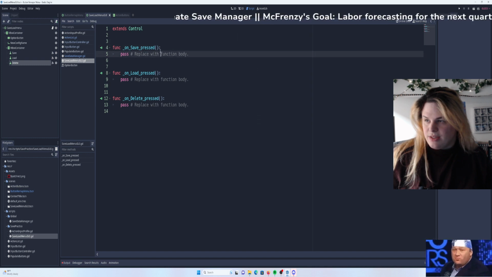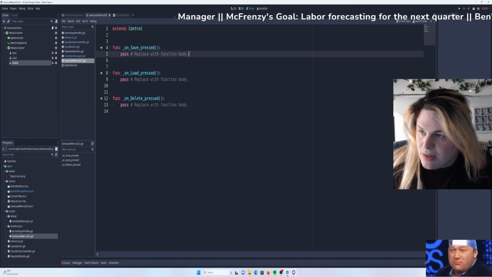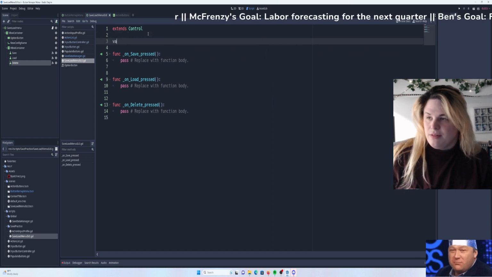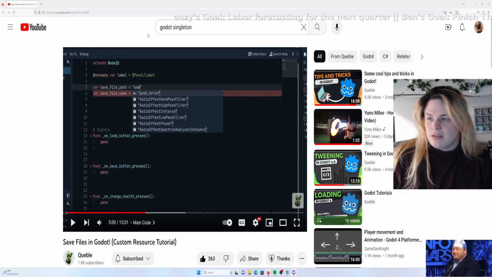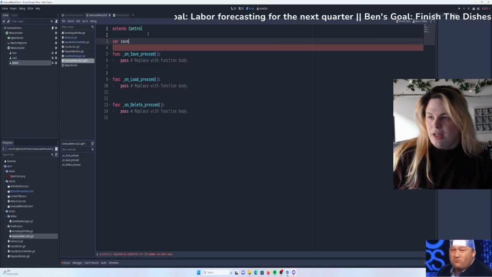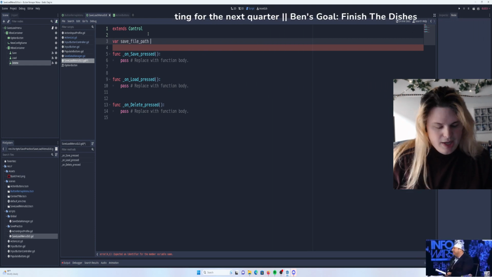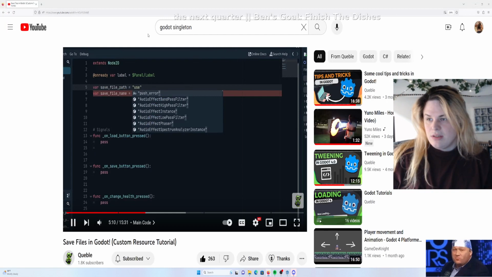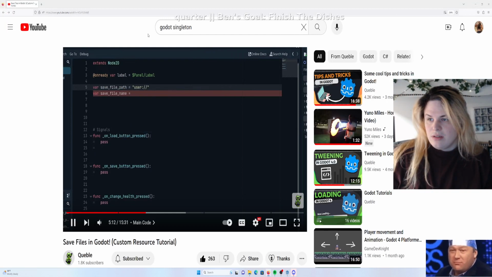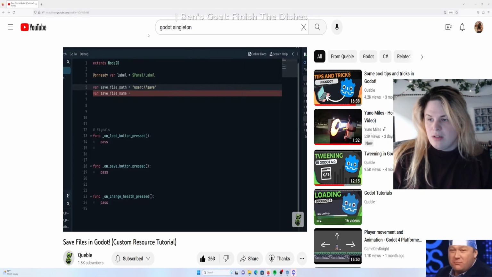The GUI. Save load menu GUI. That's where we want everything to be. Var save. I'll use the same names as that. That seems fine. File path equals the user directory, and we're going to put this in the save